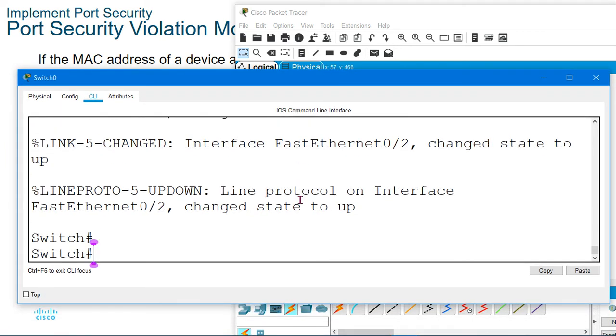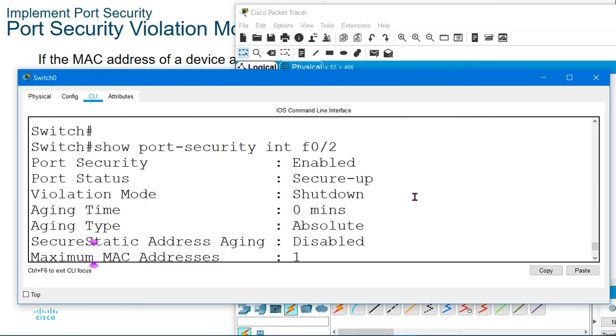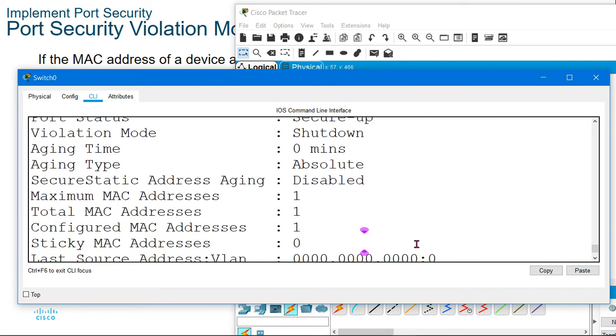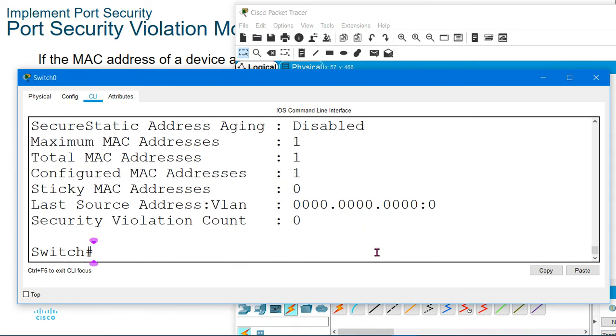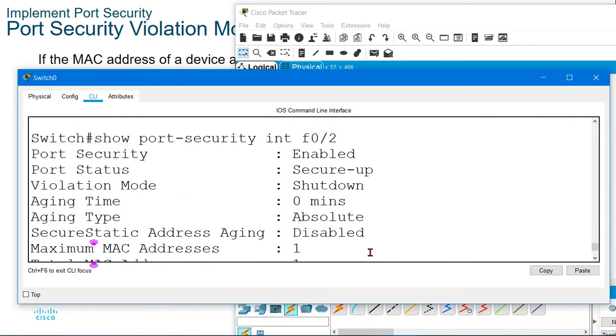So violation mode is shut down. Okay, port secure up. Let us see now what happens. It will take some time for communication, because I want to show you that.